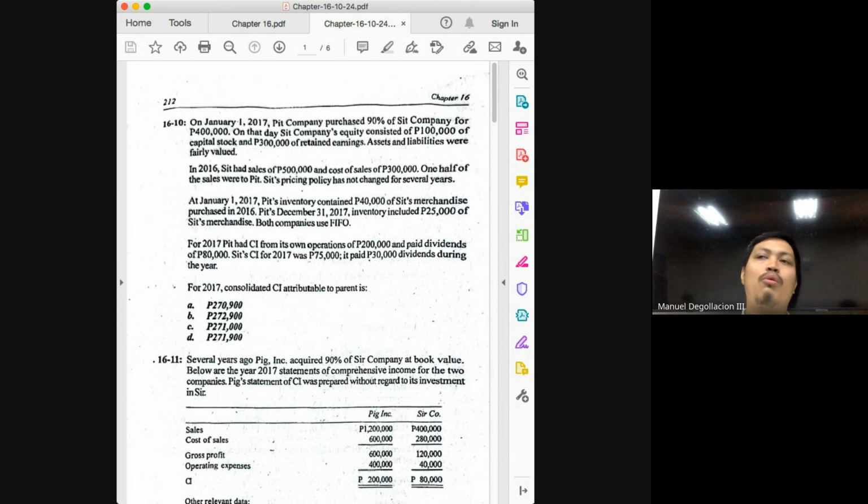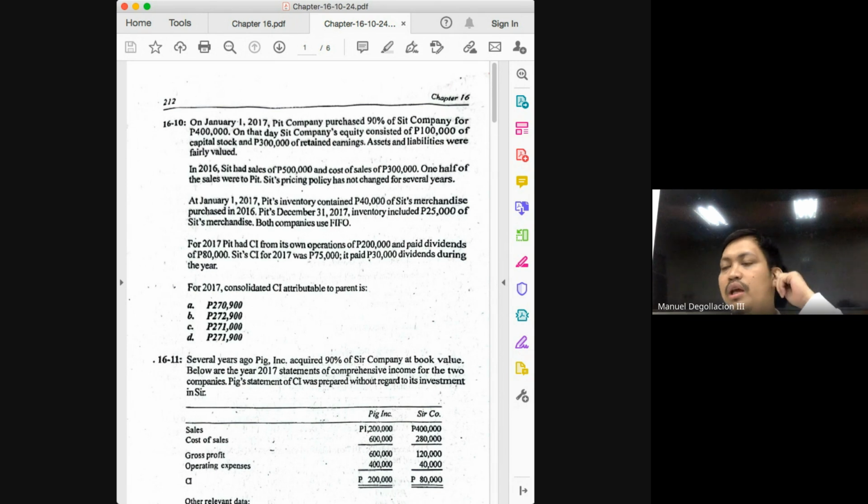So what do I want you to take away from this example, class? Please do not assume that the gross profit rate in one year will also be the gross profit rate in the other. It just so happens in this problem it will be 40% because the problem has explicitly told us that the pricing policy has not changed. If ever you're given the information for the intercompany sales in 2017, make a separate determination of the applicable gross profit rate in that year, class. Do not assume it will just be the same. I hope I have made myself clear.